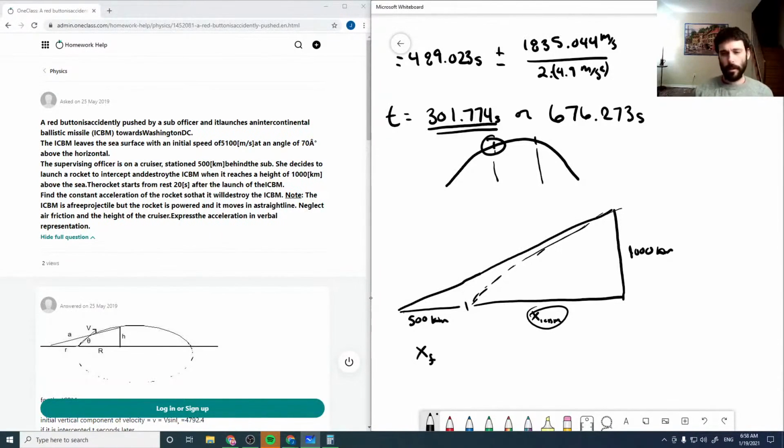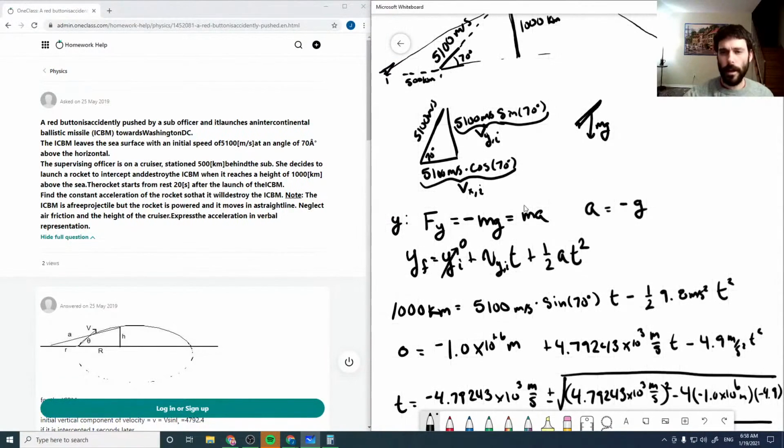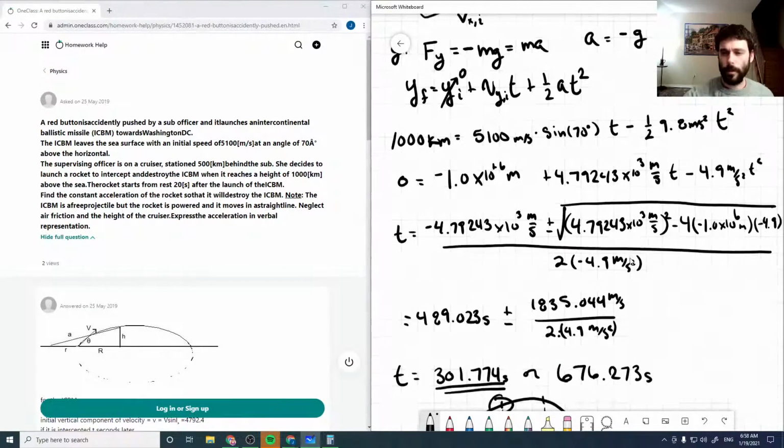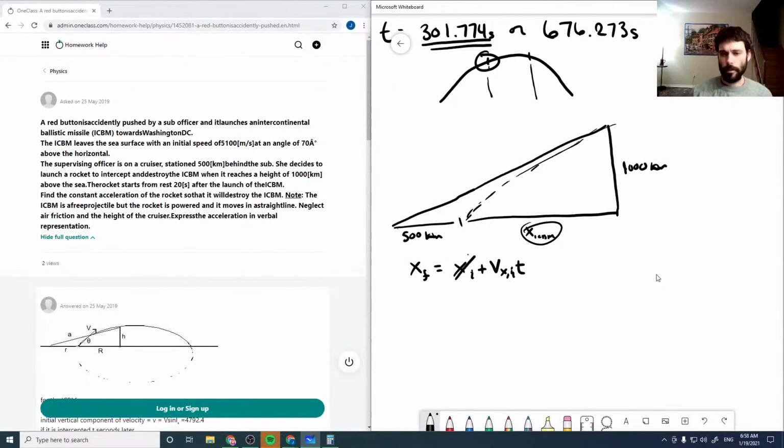So we can use kinematic equations again. So xf is xi plus vxi t. And recalling from our triangle above, our vxi is just 5,100 times the cosine of 70. And our xi is just going to be 0. So it's just 5,100 meters per second times the cosine of 70 degrees times our time. And so this comes out to be,